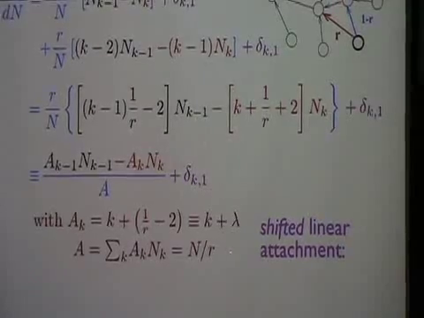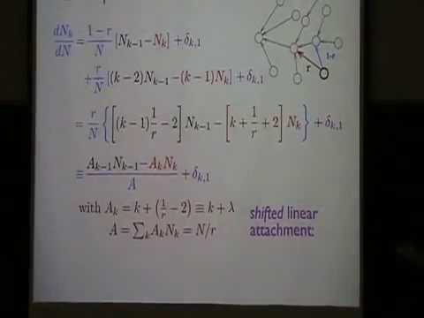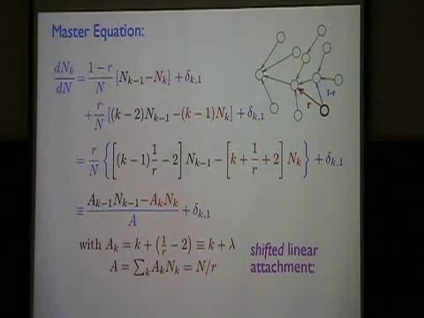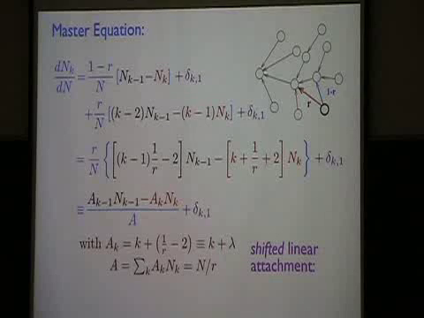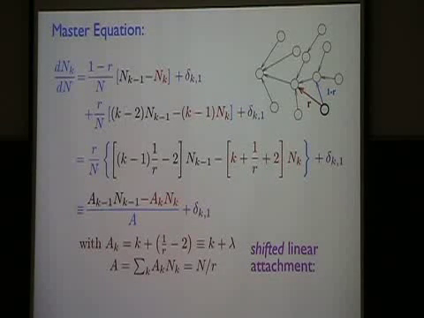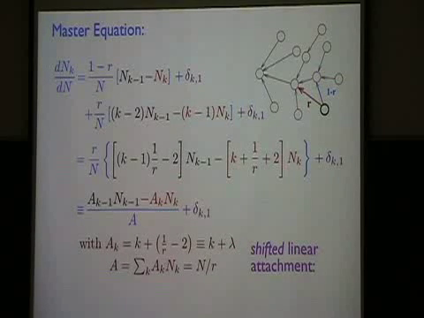And the denominator is just the sum of all possible rates of anything happening. And again, it's just trivial algebra. You'll find that it's just equal to n divided by r. So by this mechanism, we have recast the random recursive tree into linear preferential attachment, albeit with a little shift. And we'll see what the role of the shift is in just a moment. Because it might seem like, who cares about this little small factor, but it turns out to be actually quite fundamental.